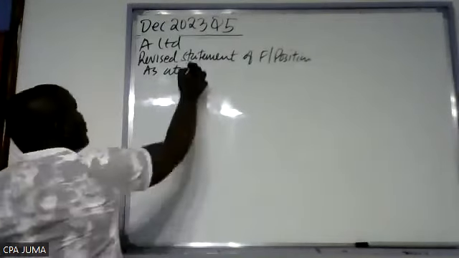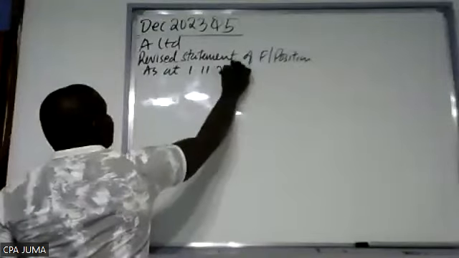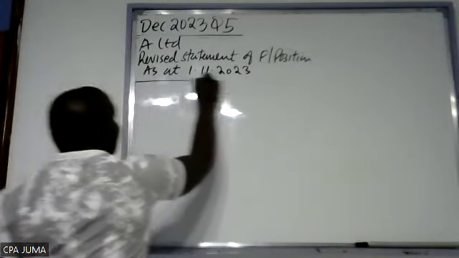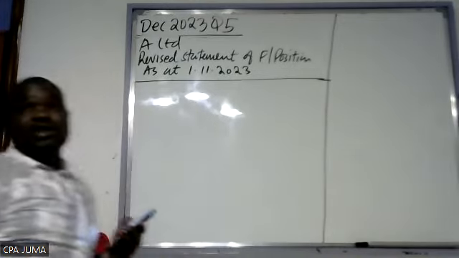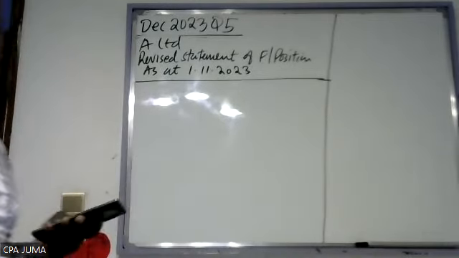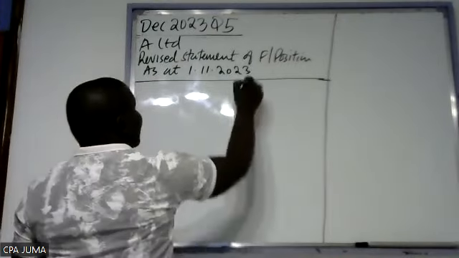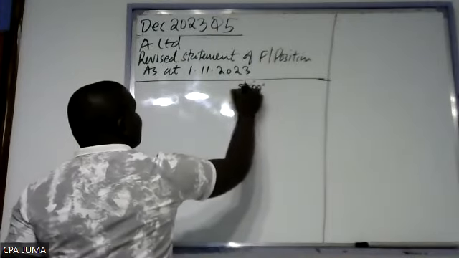It will be 1st November 2023. Because 31st was the old balance sheet, so after revision, the date will change. So we can have here shillings in millions,